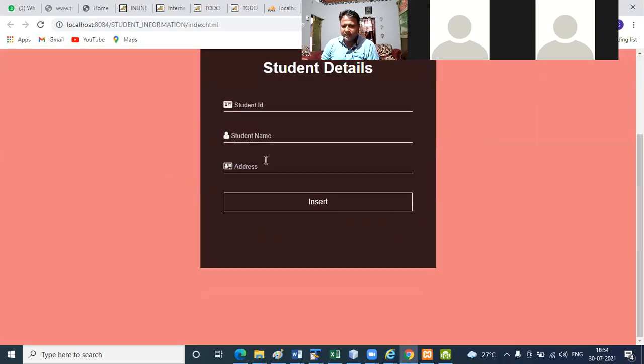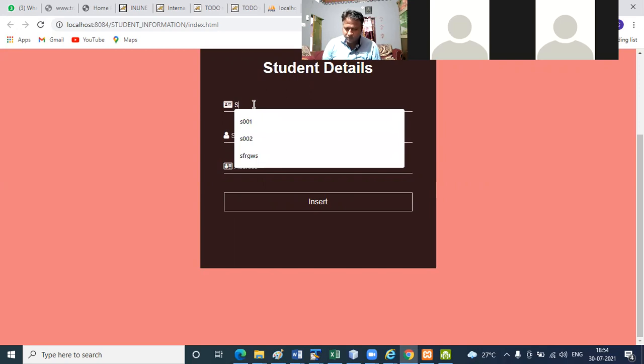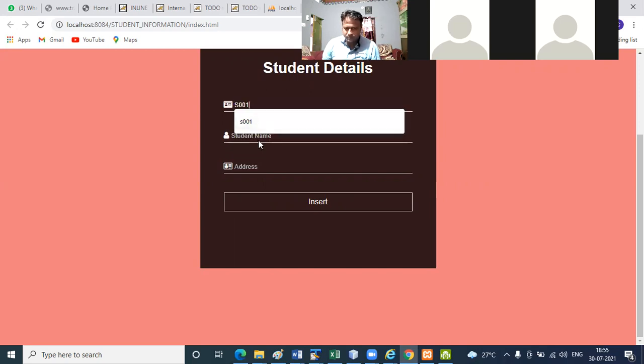Student ID S001. Student name Romeojit. Address Pukhariput.